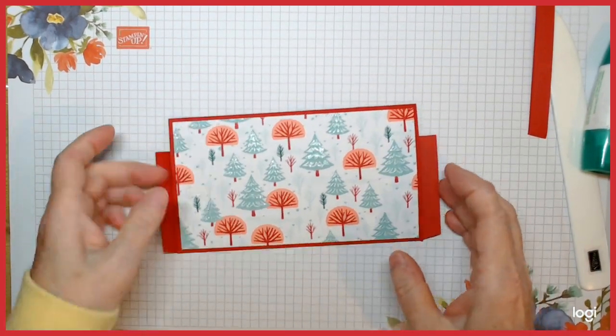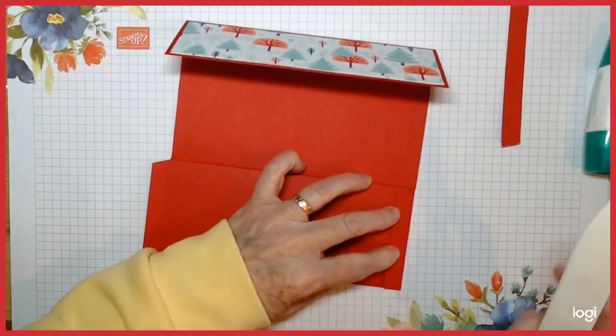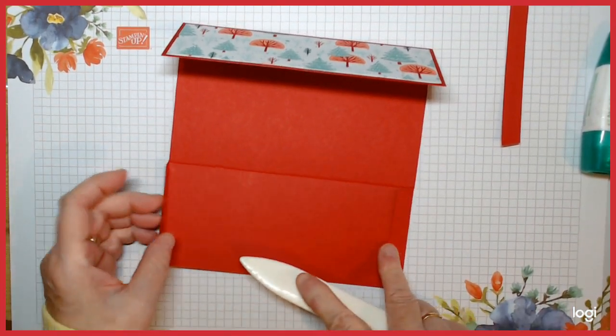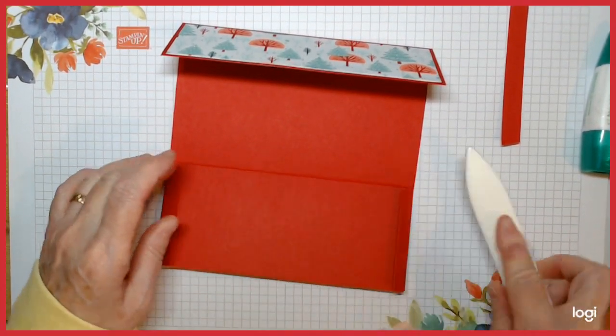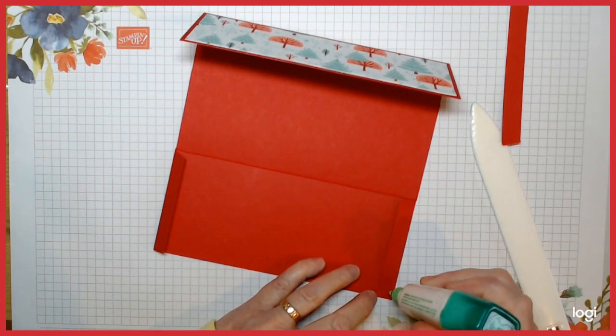Right, so that's now ready for us to seal up. So just give those a good crease so they'll sit nice for you. And just add some...